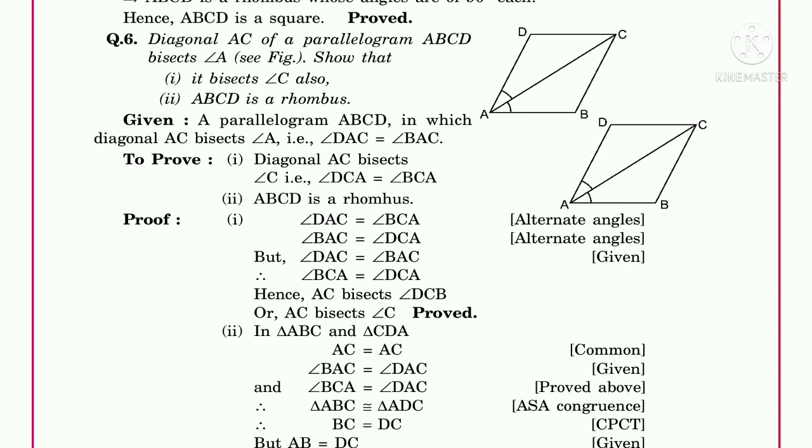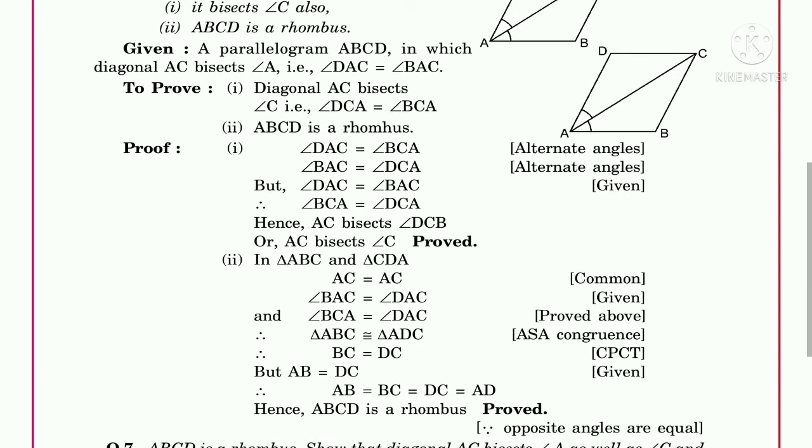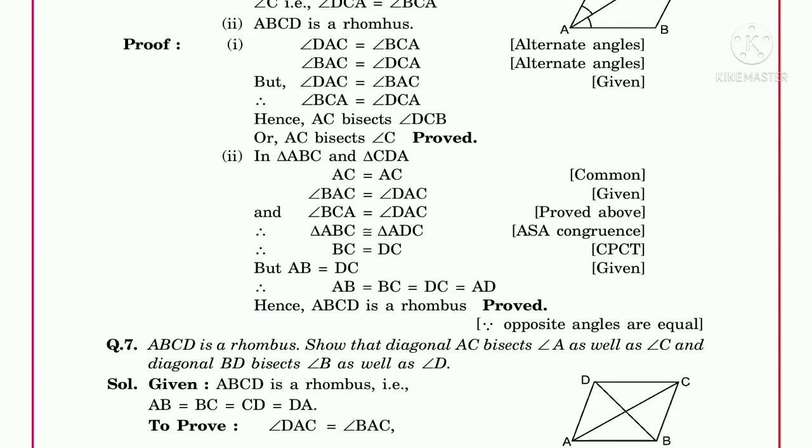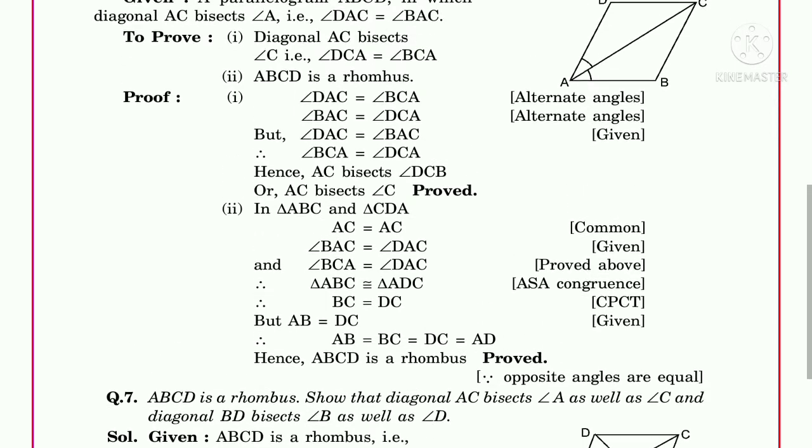Okay, now in the second case, we need to prove ABCD is a rhombus. For that, what you have to write? We need to prove all sides are equal. Because in case of a rhombus, we know all sides are equal, but the angles are not 90 degrees. So in this case, if you see the diagram again,